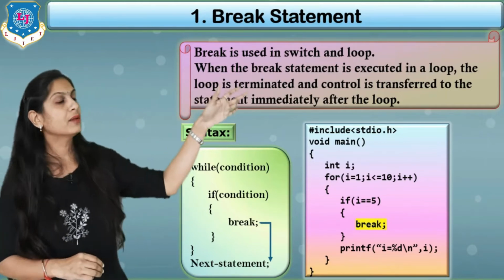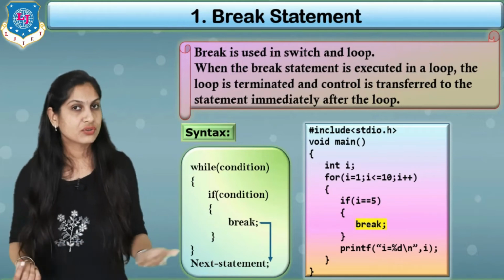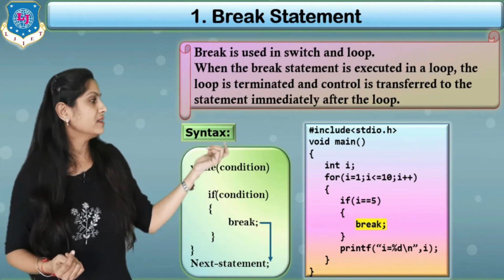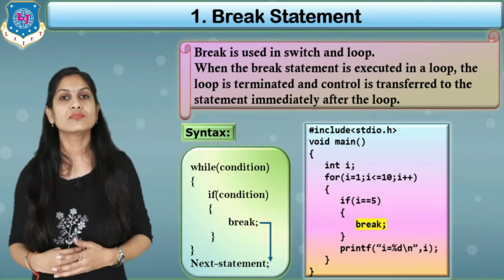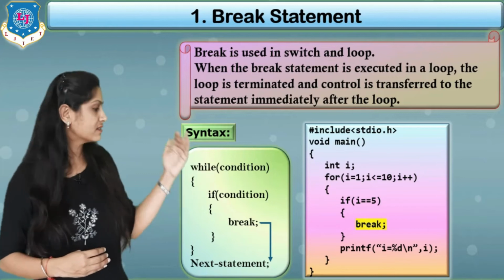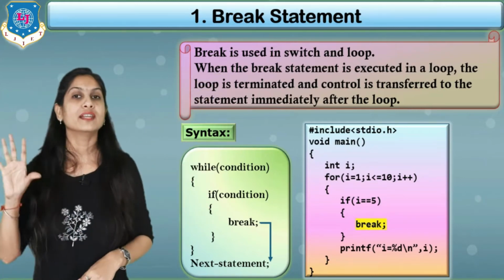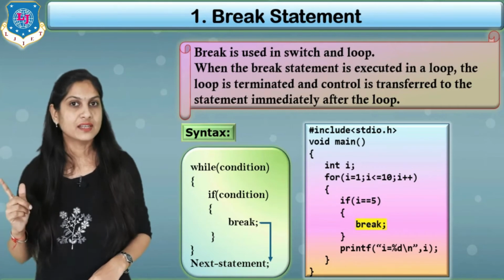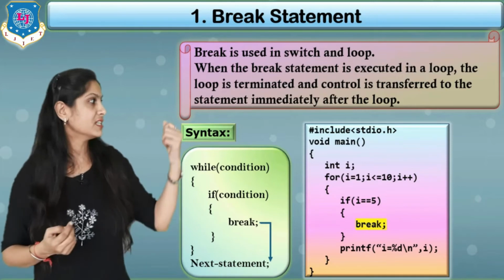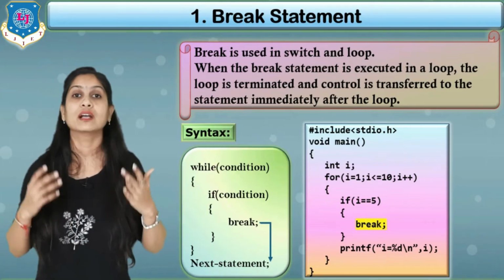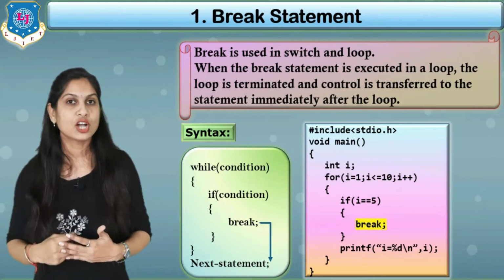Now i is again incremented to 4, 4 is less than or equal to 10, the condition is true, go inside the for loop and check the condition: 4 equals 5? No, again it is false, so skip the break statement and print i = 4. Now i is incremented and that is 5. 5 is less than 10, so go inside, but here our second condition, that is 5 equals 5, becomes true and the break statement will be executed. And what is the logic of it?